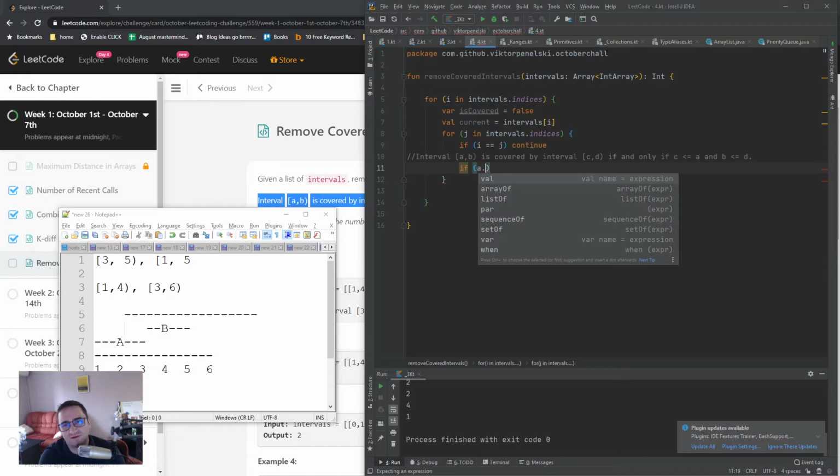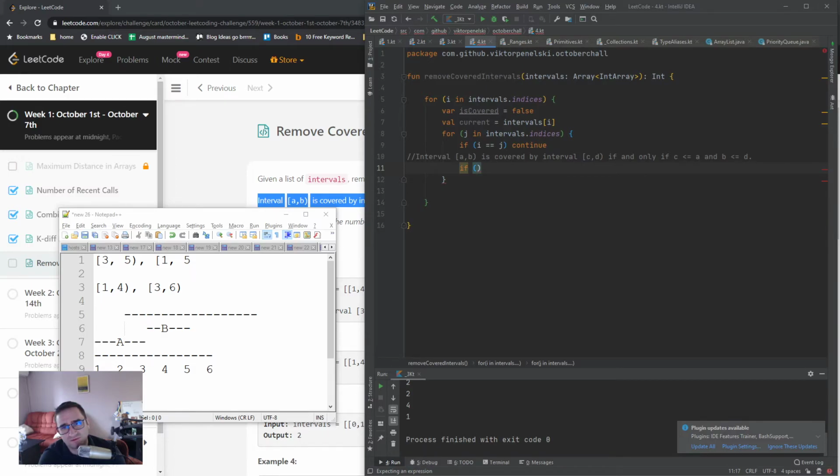If a, it is covered if a is smaller than c. Wait, smaller? C is smaller. No, a is bigger than c, not equal to. Wait. C is less than or equal to a, which means that a is equal to or bigger than. Okay, so if current 0 is